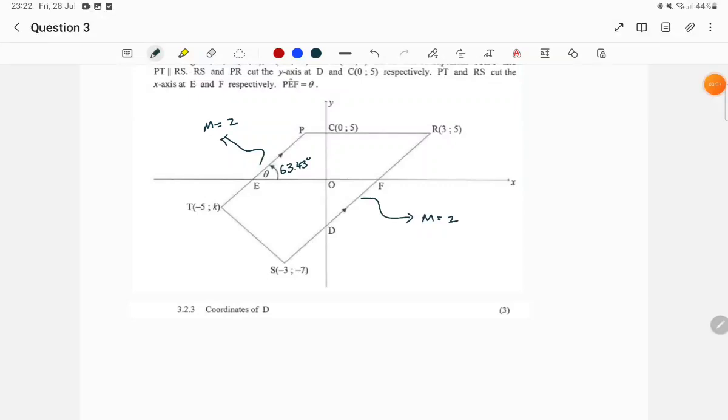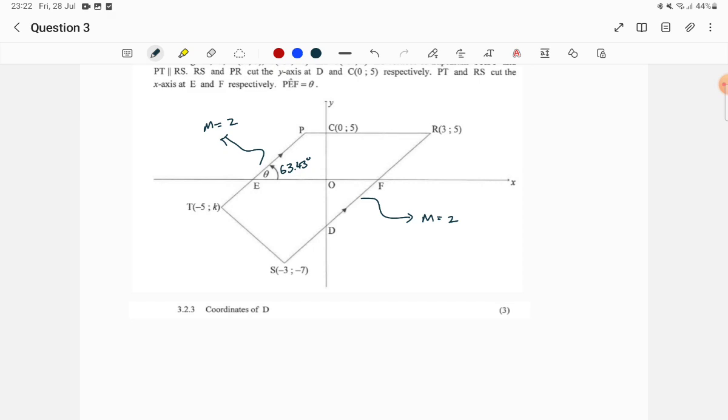Question 3.2.3, calculate the coordinates of D. So bear in mind we have the gradient of RS, we have the gradient of PT, and we also have the angle of inclination, which is theta, to be 63.43 degrees. So D, on the other hand, we have every single bit of information to work out the linear equation for